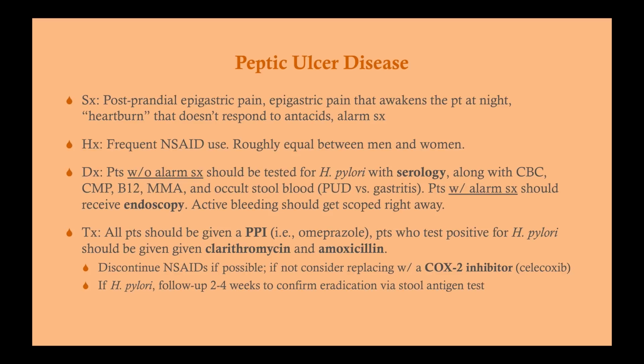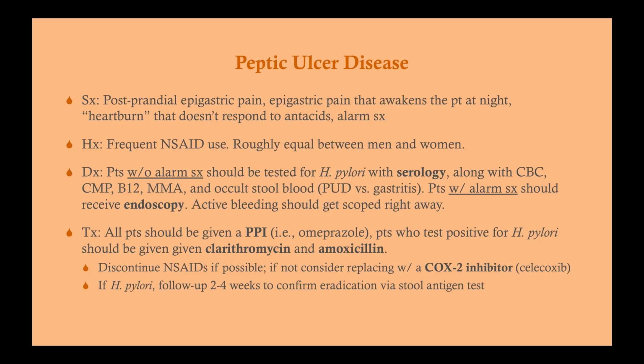So consider that. Patients with alarm symptoms should receive endoscopy. So certainly if they have an active bleed, if they're really old, if they're a smoker and alcoholic where you might suspect cancer, if they have weight loss or pain with swallowing, then you should probably go ahead and do an endoscopy. The treatment. So once you've diagnosed peptic ulcer disease,